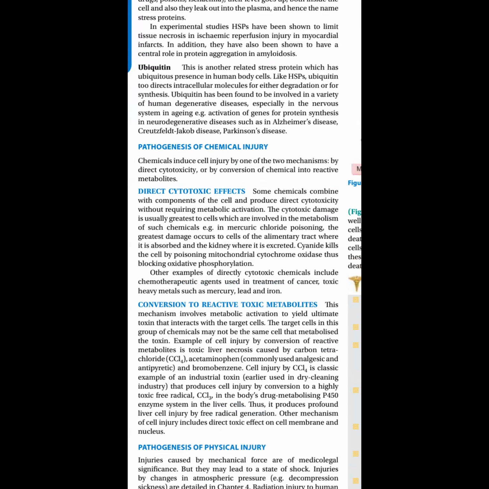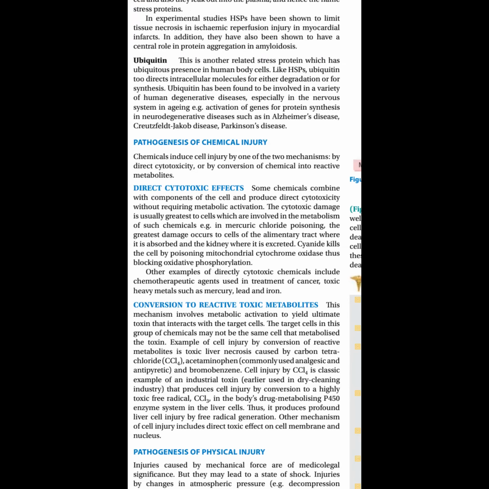In the indirect way, what happens? The toxins come into the body, but they are not activated until they reach certain organs like the liver, kidney, or your alimentary tract. Then they get activated and react. Those are the indirect ways. In the direct way, what will happen? As soon as the cell comes in contact with the toxin, the cell injury happens. There is no other way; it is only direct when the toxin comes into direct contact.